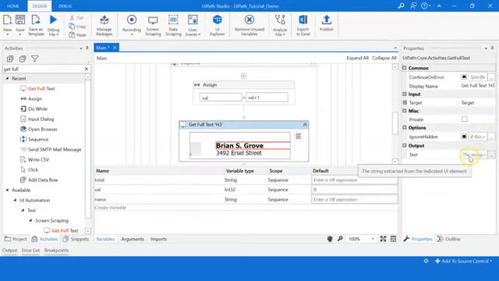Next, I want to fetch the phone number of the person. So I'll again select Get Full Text and I'll drag it here. I'll click on Indicate Element Inside Browser. So I'll scroll down and I'll select the phone number of the person.